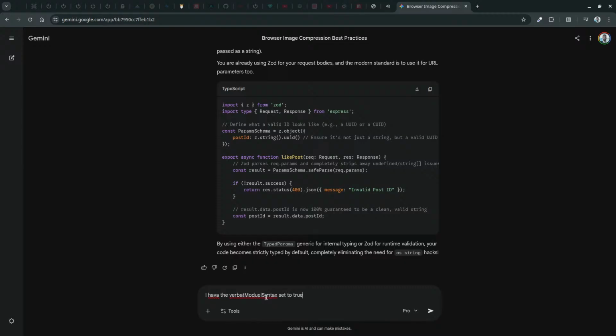Verbatim module syntax set to true, but I can import this Zod type without the type keyword. How is that even possible?